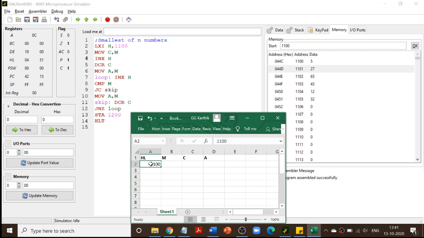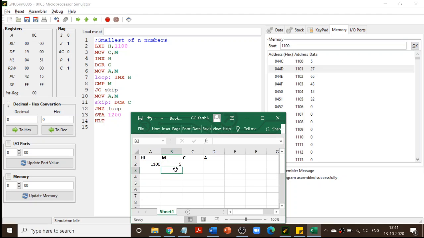Line number 3 is MOV C comma M. Before that you should know what the value of M is. Whatever the HL register is pointing to, the value present in that particular address is your M. HL register now is pointing to 1100, and the value present in that memory location is 5. So M is the value present in 1100.